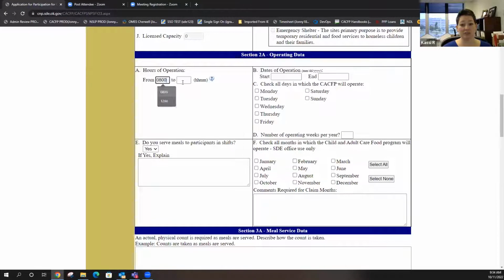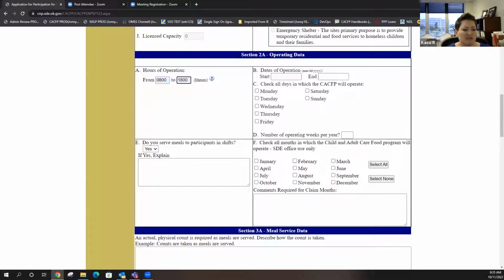Hours of operation. This is the hours that we can expect to come to this site and you be open. Not necessarily when you're serving meals, just when we can come on site and expect to find you operating whatever program you're operating. For daycare centers, it's just your typical hours of operation. At risk or schools, it's going to be when we can come, because your meal service time might be the same amount of time your program is. That's fine, but your meal times have to be within your hours of operation. So we need to be able to come and find you at the right time.